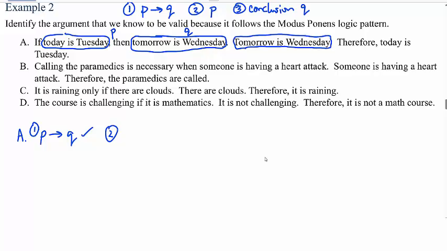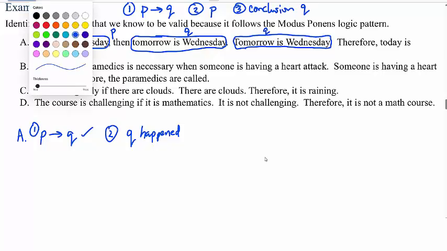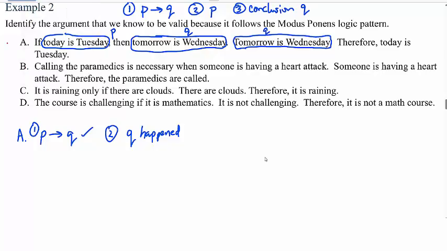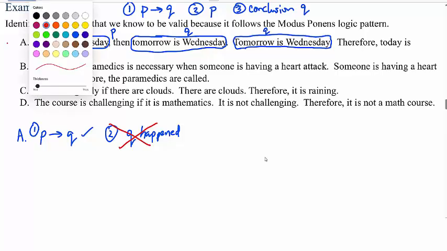That is actually saying that Q happened. And that is not what we're looking for. We want to see that the hypothesis happens, not that the conclusion happens. So this could be valid or invalid. We're not going to discuss that because that's not what we're focused on right now. But it doesn't follow the modus ponens logic pattern. So let's look at